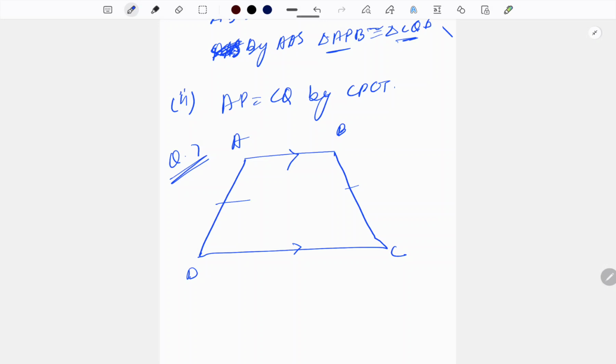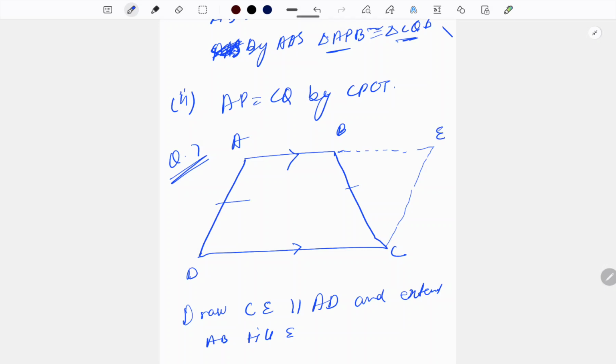But before that, what we need to do? We need to extend line AB, and we have to draw CE parallel to AD. So we have to extend AB till E. So we got this point E. Now AE is parallel